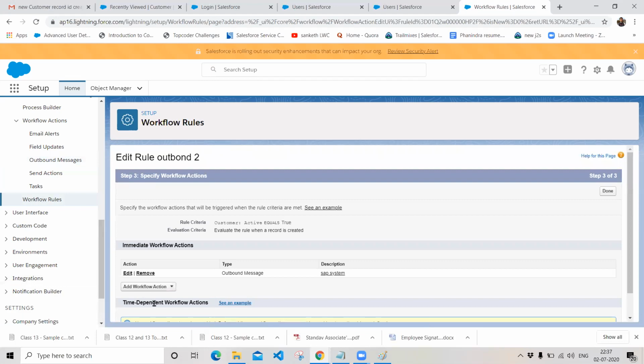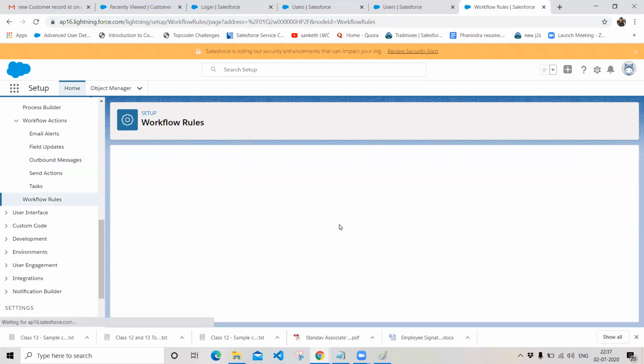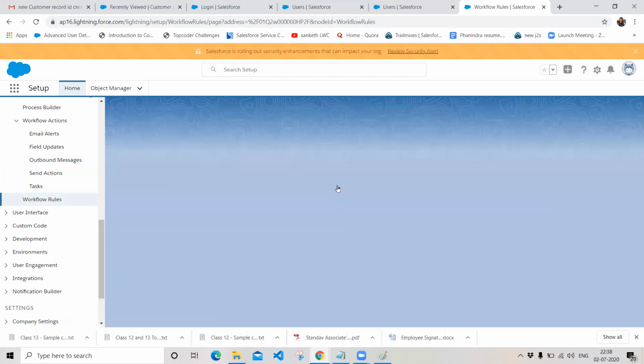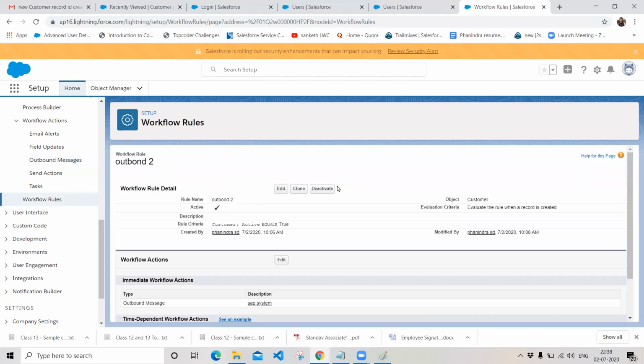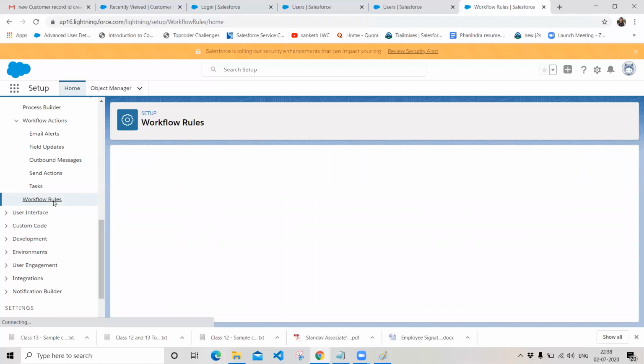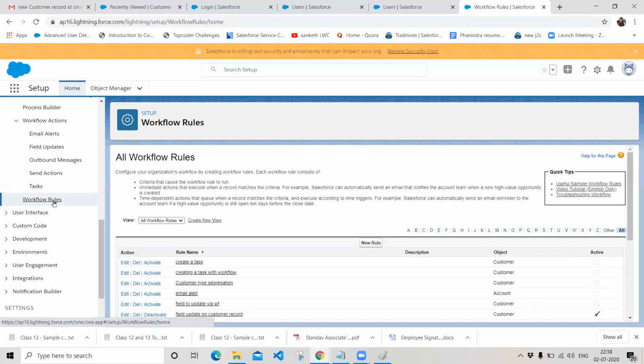So we have created one of our workflow actions called outbound messages, and click on done and activate your process. Since this is not a live system and this is not a proper URL, I have just created a dummy workflow rule to actually show you the rule steps with respect to the outbound messages.